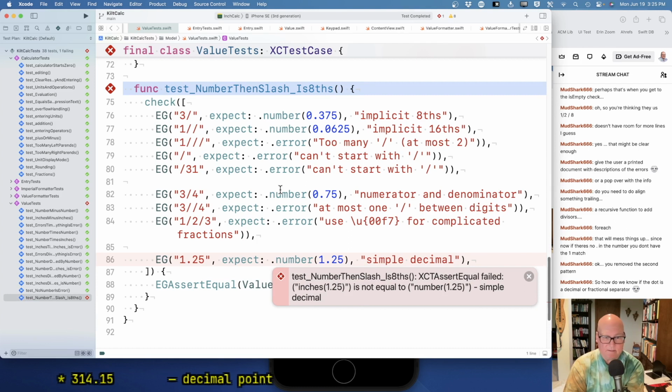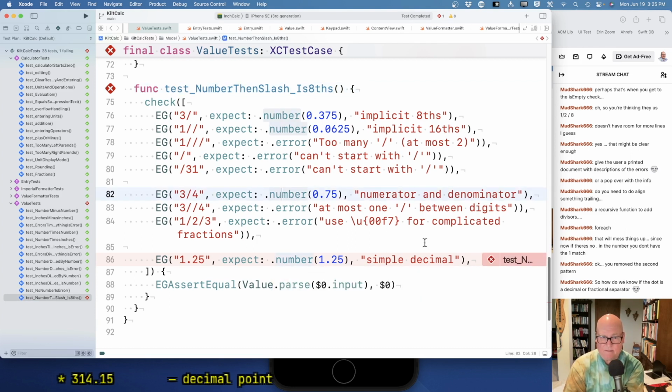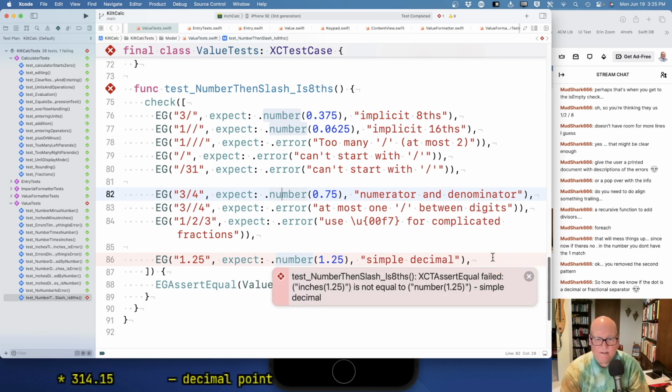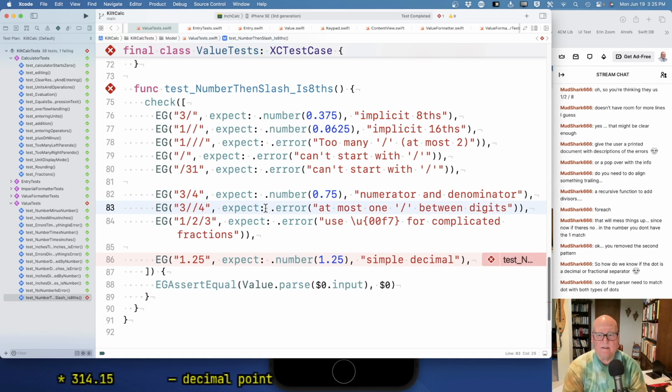Wait. 1.25, expect number 1.25. Okay. Inches. Yeah, I think you're right. It's probably going to have to match both. But here,